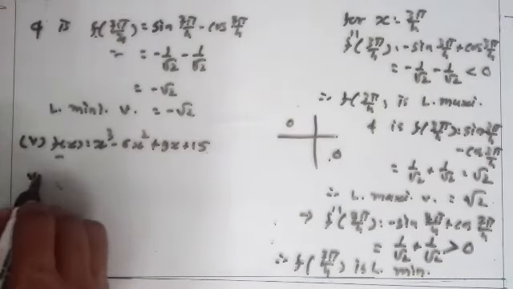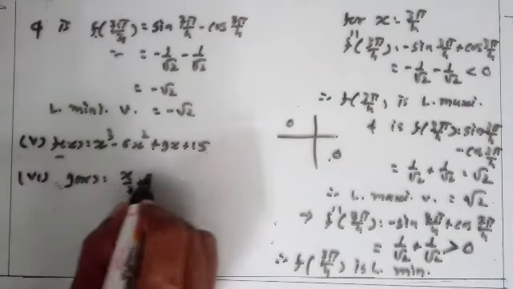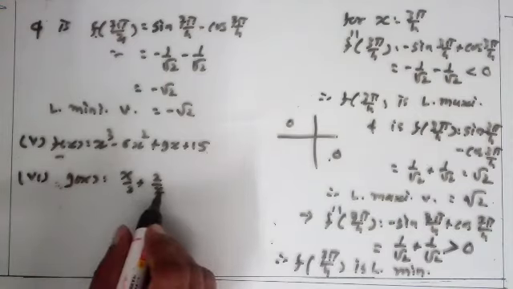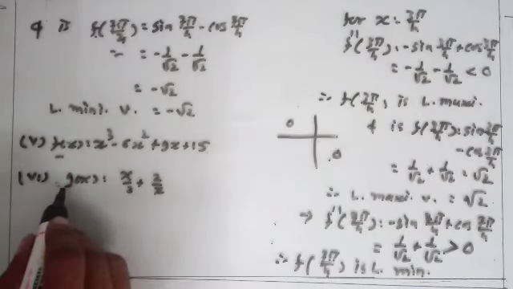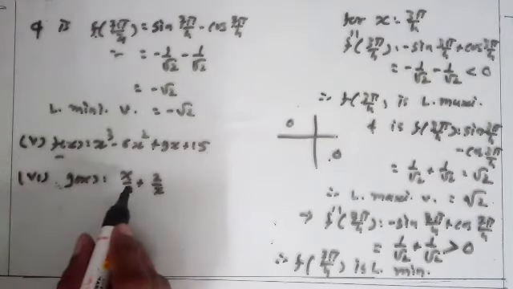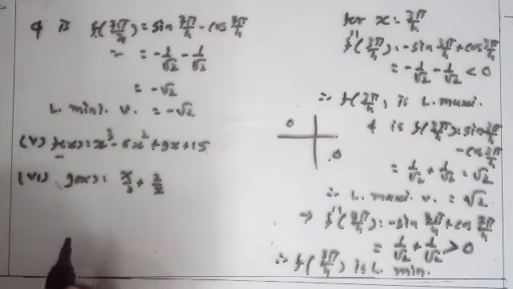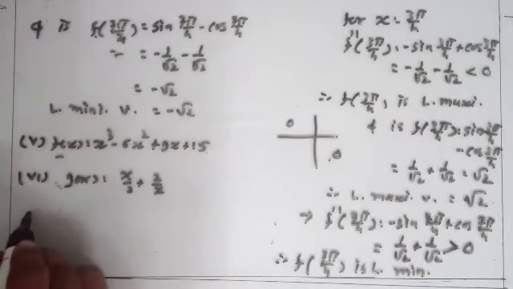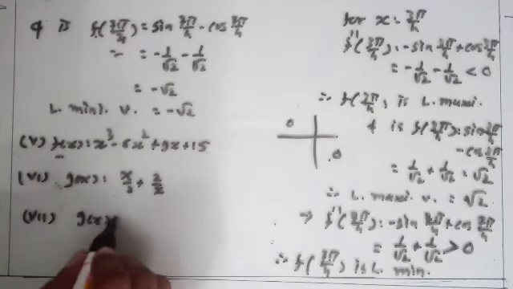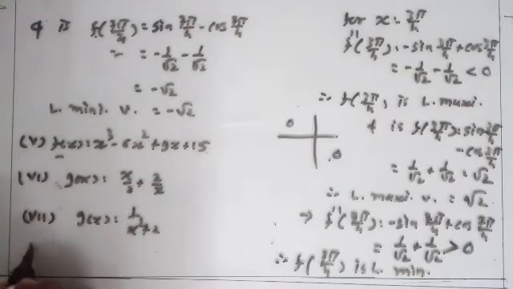Similarly, in question number 6, here g(x) is equal to x/2 plus 2/x. First simplify this, then get the first derivative, get the second derivative, compare the first derivative with 0 and get the values of x, and check the second derivative for these different values of x. Same for question number 7, g(x) is equal to 1/(x square plus 2). Okay, we are able to solve this question because it is an easy question.